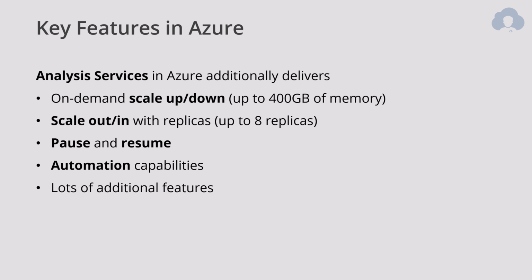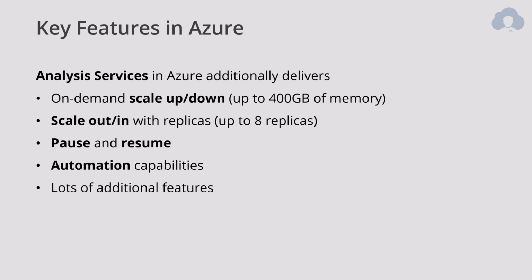But when moving to Azure, you get a bunch of additional features because this is no longer SQL Server on-premises. So you get up and down scaling capabilities, up to 400 gigs of memory. That's the maximum you can actually fit there. Considering you can compress that from 5 to 100 times, but my experience is about 10-15, that means you can fit there about 2, maybe 2.5 terabytes of data. Of course, I would not recommend that much, but I would go for a few hundred gigs, which is pretty much